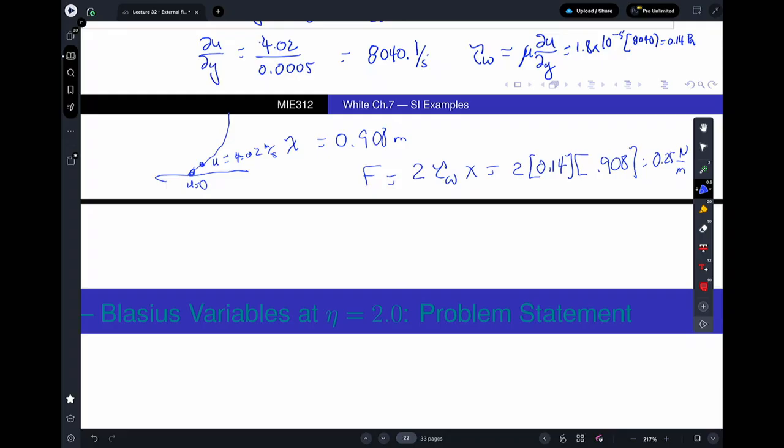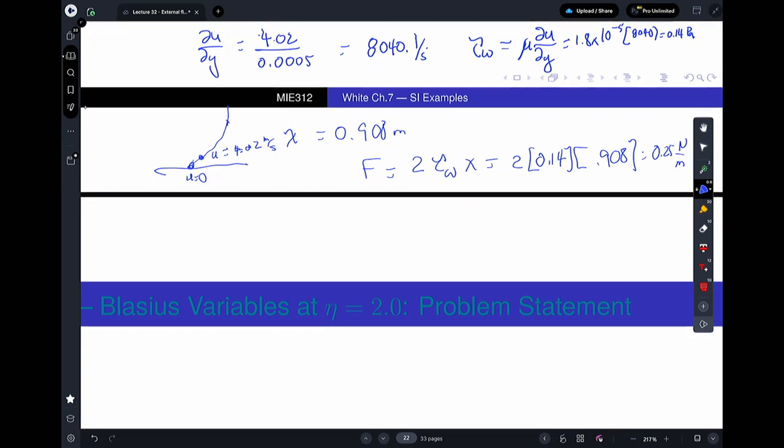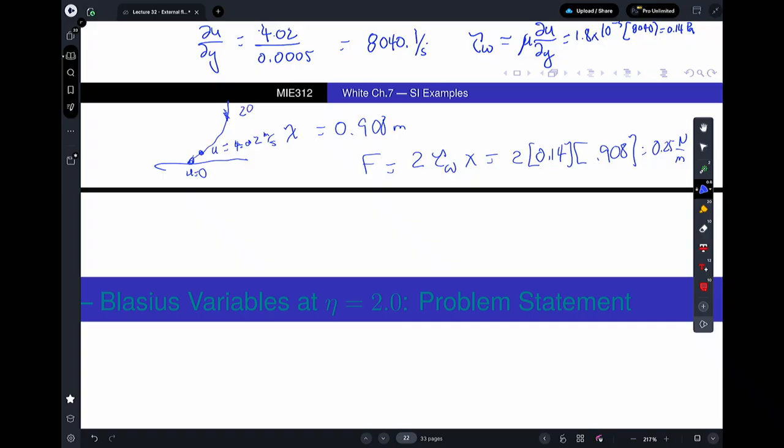I know the distance up is 0.5 millimeters, and so I can do a gradient there. If I try to do that across there, what I'm going to fit across is going to be 20 meters per second, which is not a real reflection of what the gradient looks like. And it's not the wall shear stress, because I only care about what's happening